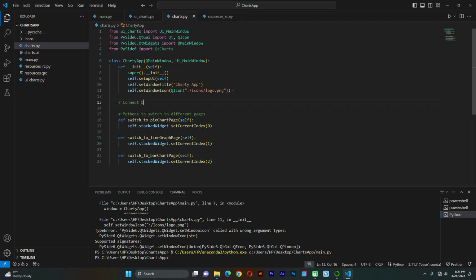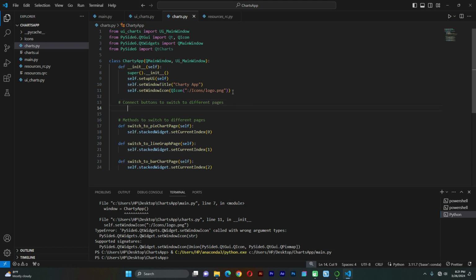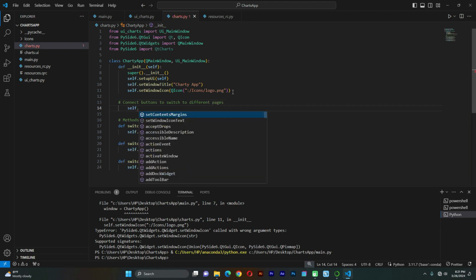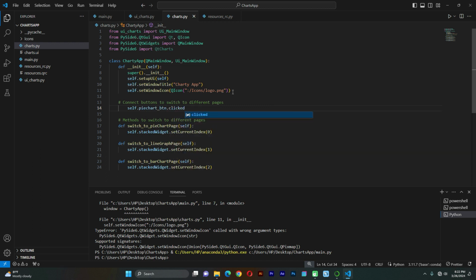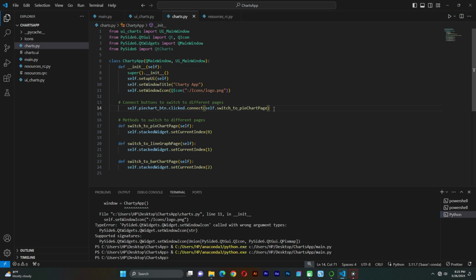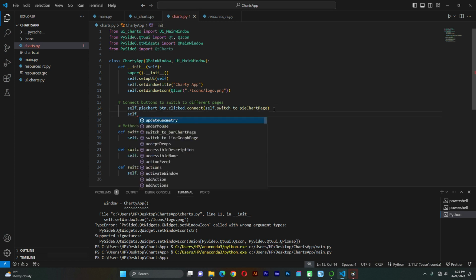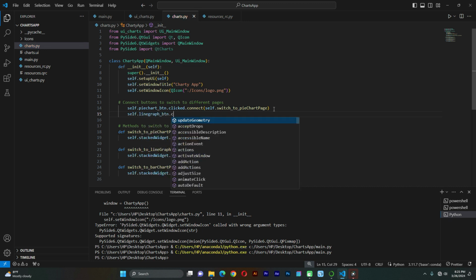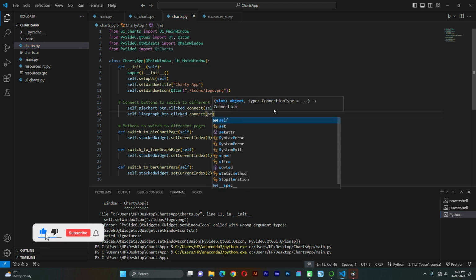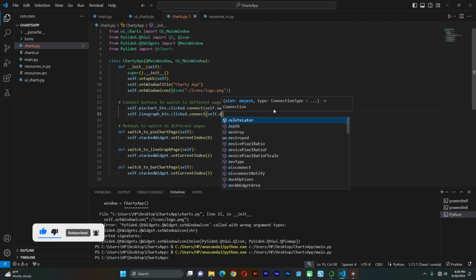Now next, we're going to connect the buttons to switch to the different pages. So here we're going to first call the PyChart button. So when it's clicked, we're going to connect it. There is a comma that actually needs to be removed. It's going to connect to switch to PyChart page. Now next we're going to type in that for the line graph. So self.line graph button. When it is also clicked, we're going to connect to self.switch to